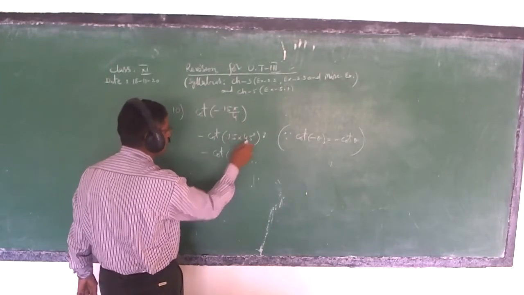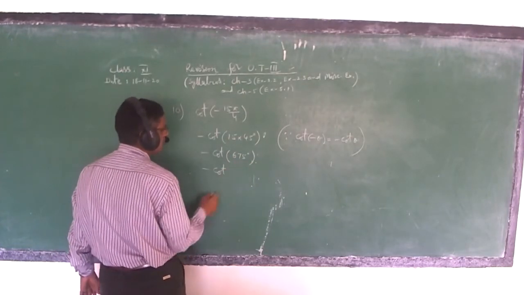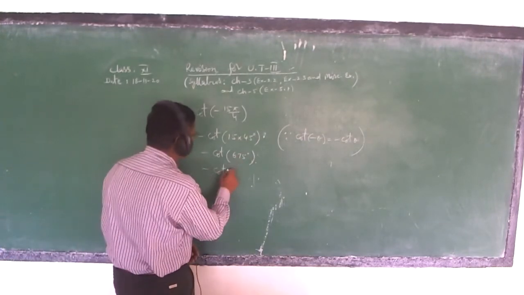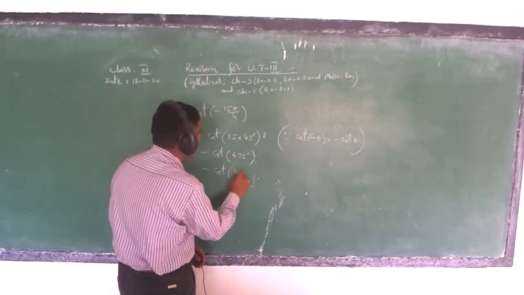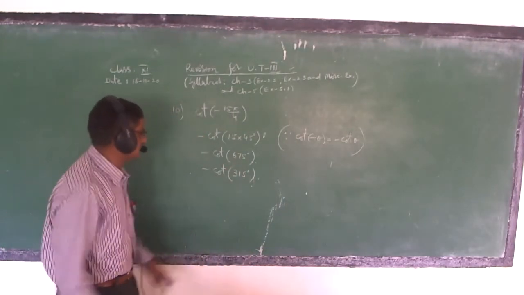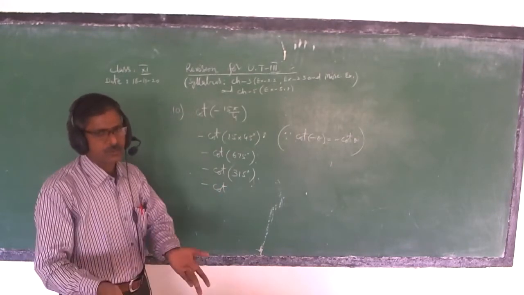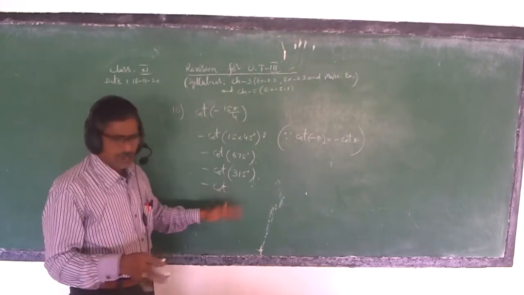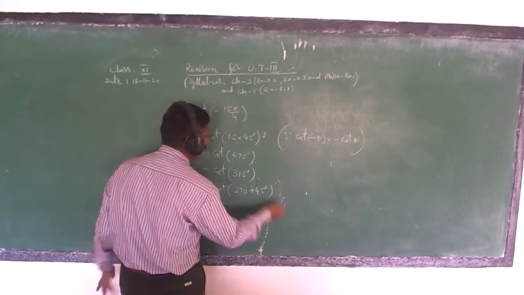So this is 15 into 45, which is 675 degrees, so minus cot 675. Here we have to find this. For cot 675 degrees, removing one complete 360 from this, we get only 315 degrees. This can be written as either 360 minus 45 or 270 plus 45. In the earlier case, I mentioned 360 minus. Now here I will write 270 plus 45. You can write it in either of the two ways. It is not compulsory to write only in one way.